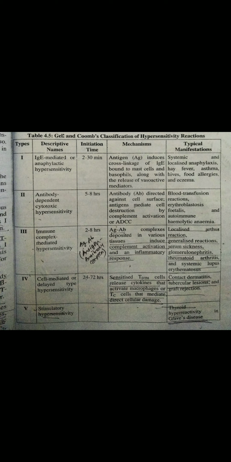So in this type 2, the antibody acts against the cell surface, and due to that the antigen starts the signaling, and the normal cell is destroyed by complement activation. So cellular activation of cytotoxins here damages the normal cell and gives hypersensitivity reactions like blood transfusion reaction,